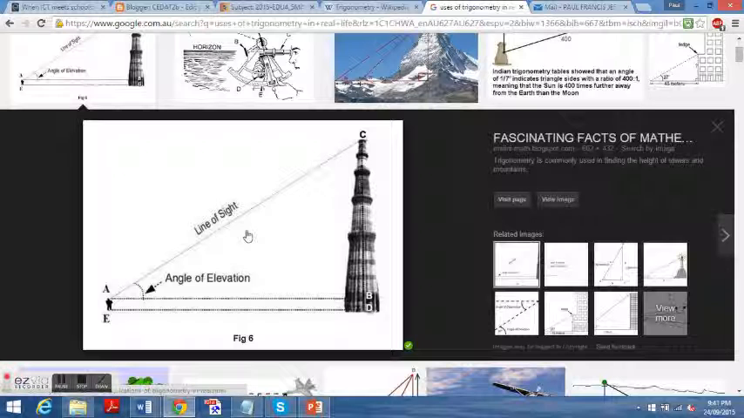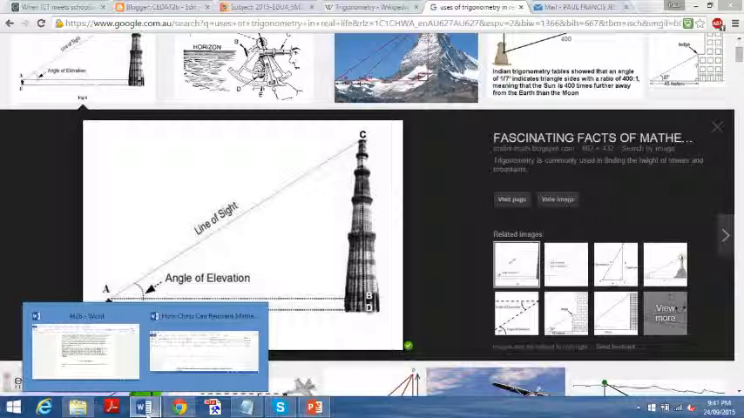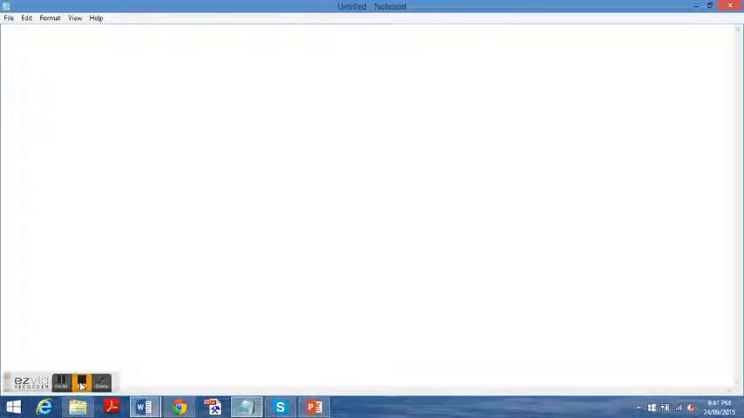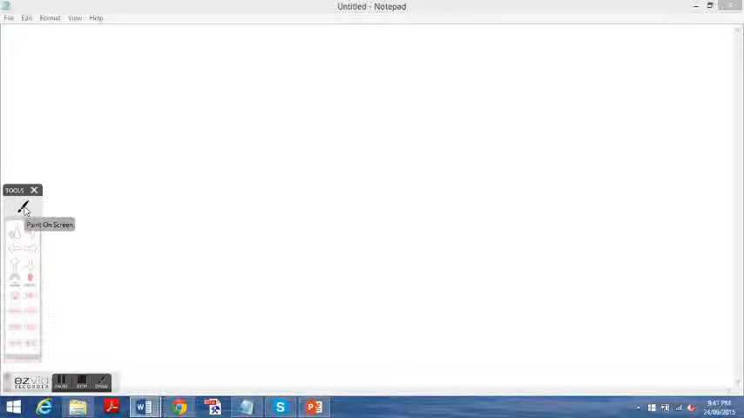Now, trigonometry is used in more realistic ways in everyday life. Plumbers, carpenters, people in construction, and engineers use it all the time. Okay, let's have a look at what a right-angled triangle actually is and how to use trigonometry